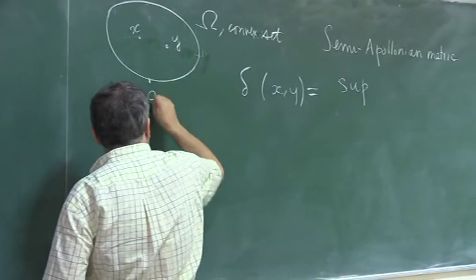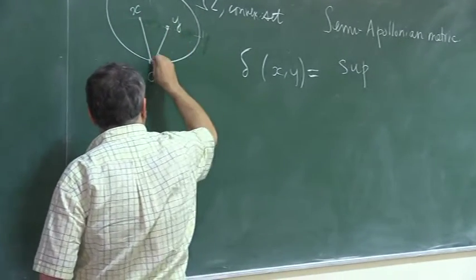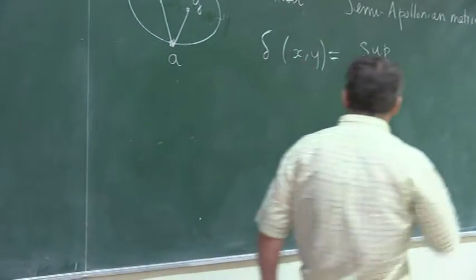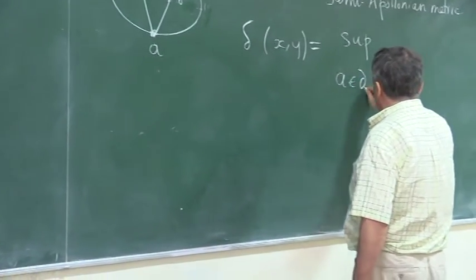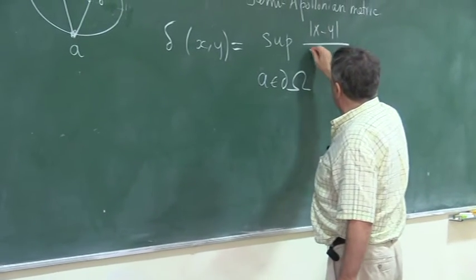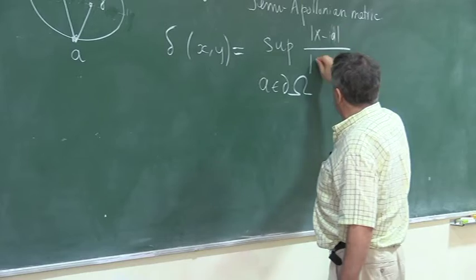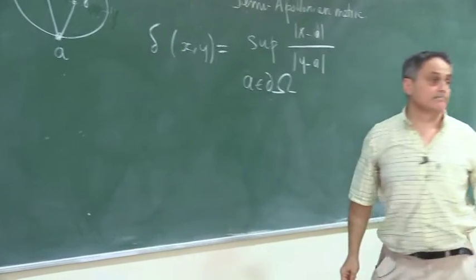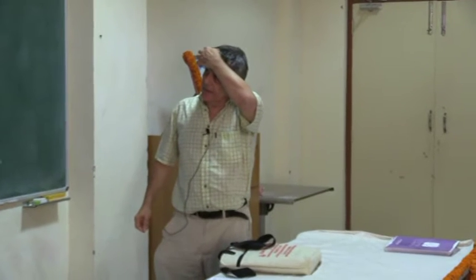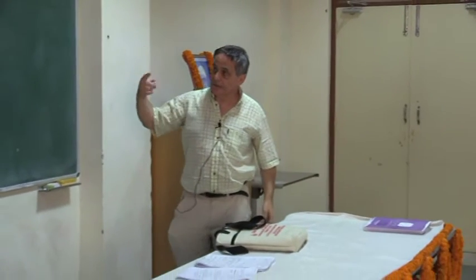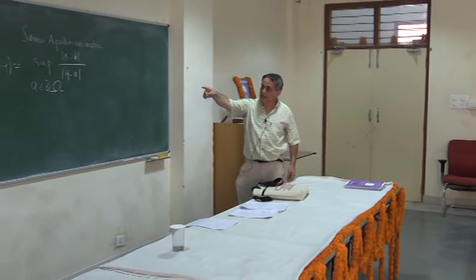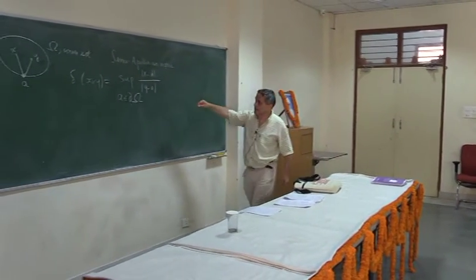I take a point A in the boundary, and I take the supremum over A in the boundary of omega of the distance from x to A divided by the distance from y to A. Now, unlike the previous examples I gave, the triangle inequality is trivially satisfied here because I'm taking supremum over A